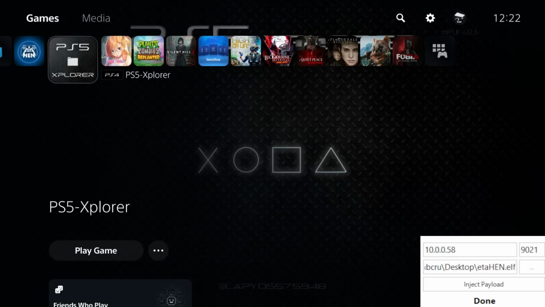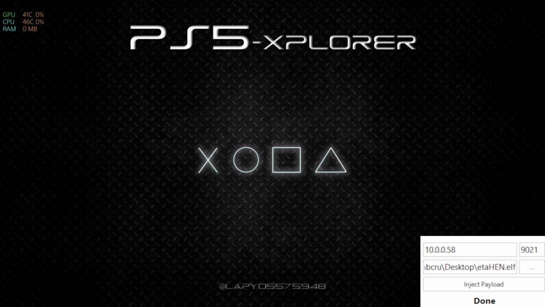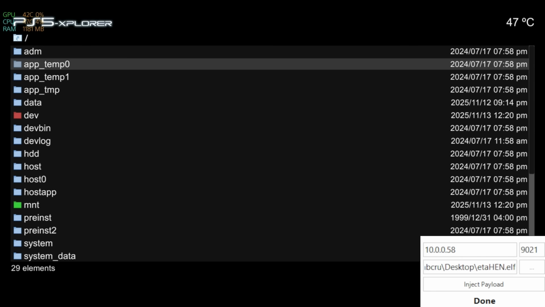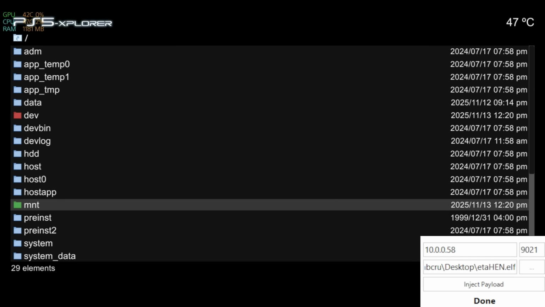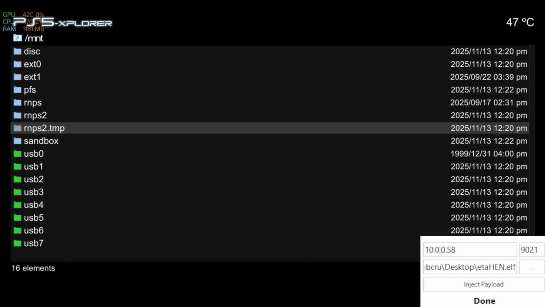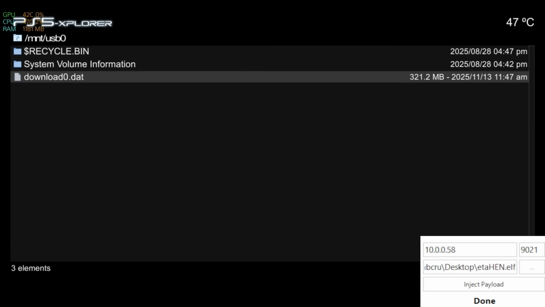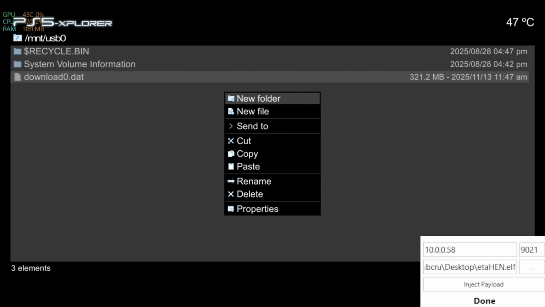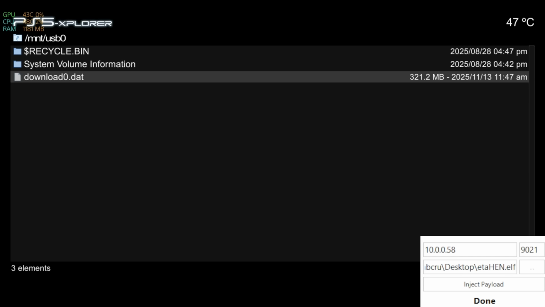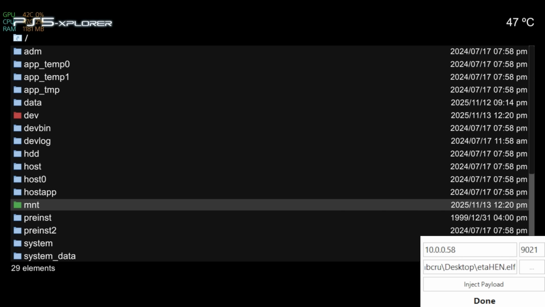Okay, I'm going to go ahead and go over to PS5 Explorer here, and we're going to go root access, and we're going to scroll down to the mount folder, and your USB should be connected here, so we'll go to USB 0. And you should see the download0.dat. Go ahead and press the triangle button on that, and we are going to select copy, and then circle again,